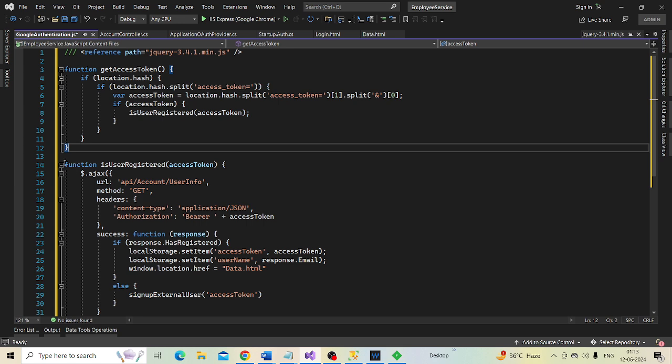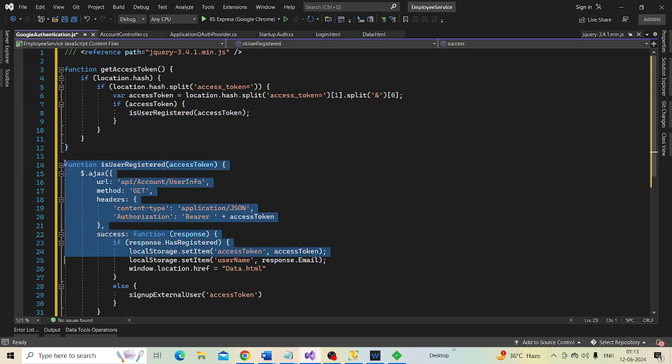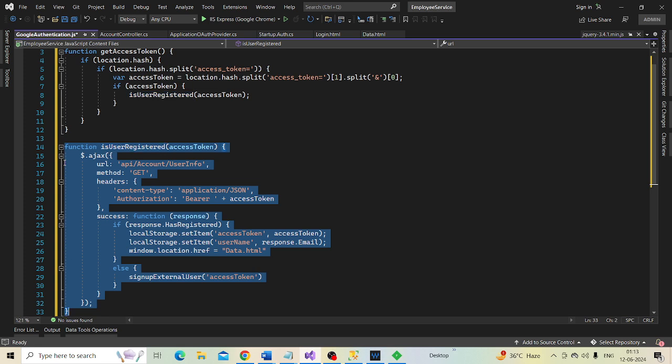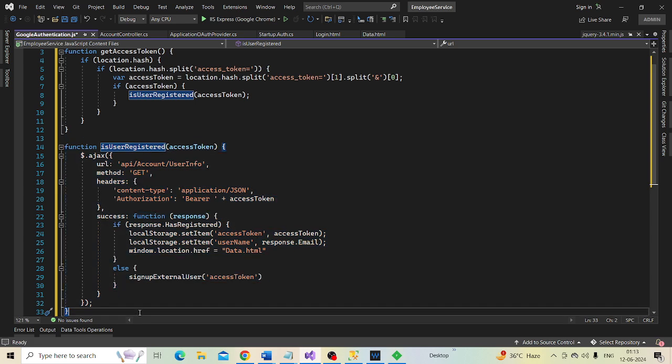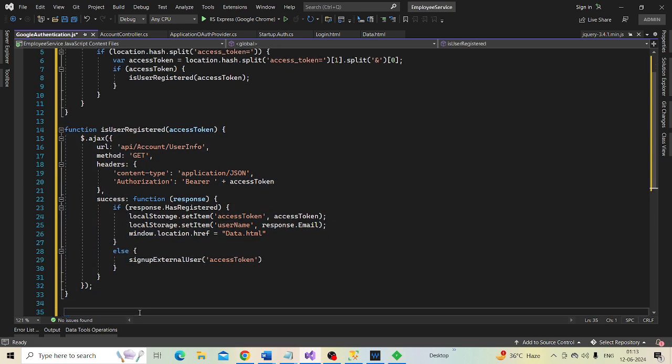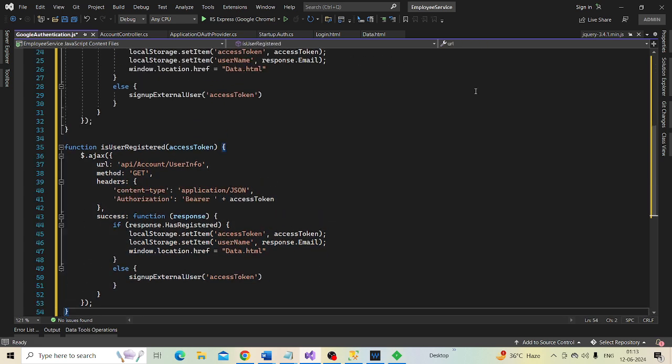Let's make a copy of this function, is user registered, and then change the bits that are required. So copy it and paste it below this, and then change the bits that are required.